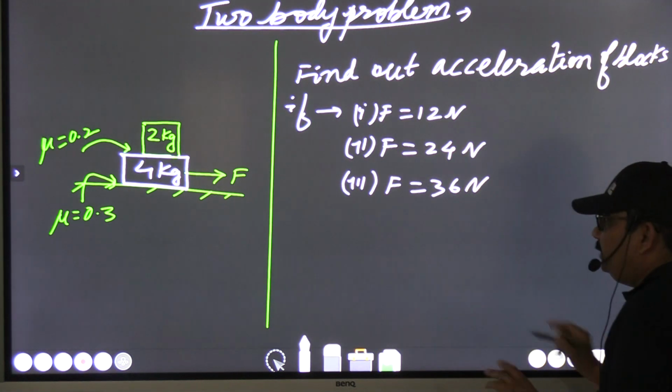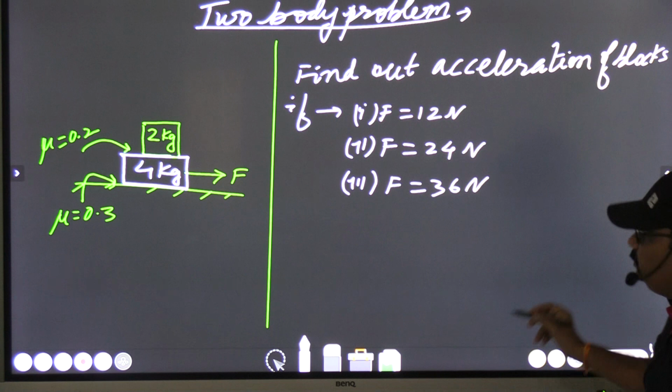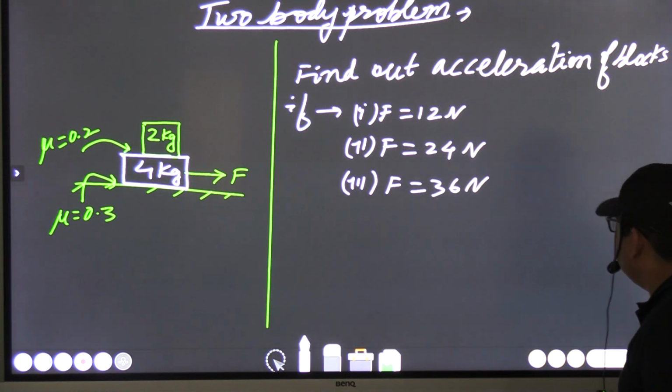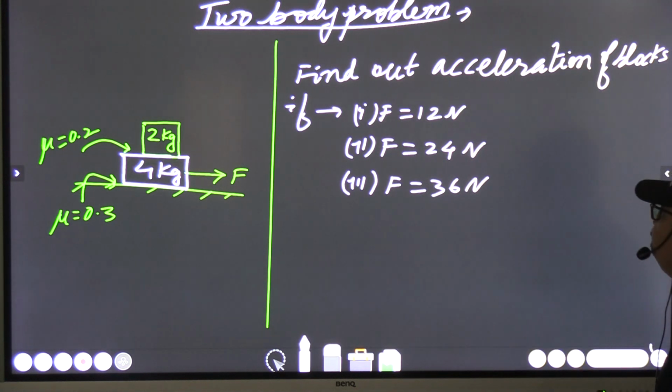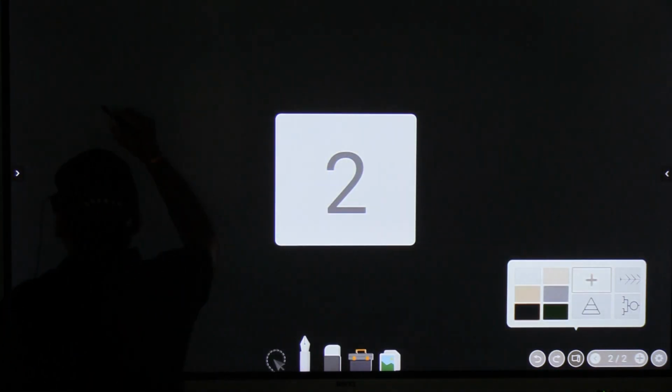So I'm changing the slide, right? Okay, so have you written the question? Okay, good. You understood the question properly, right? Now let us write the script. Answer part. First of all, in such kinds of questions, you have to check whether the force is enough to drive the system or not. For this, consider the two bodies as a single body, right?